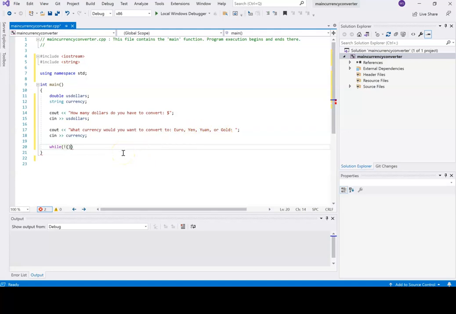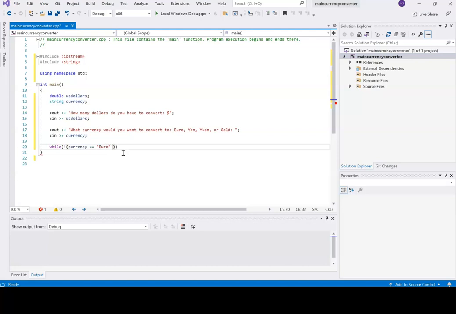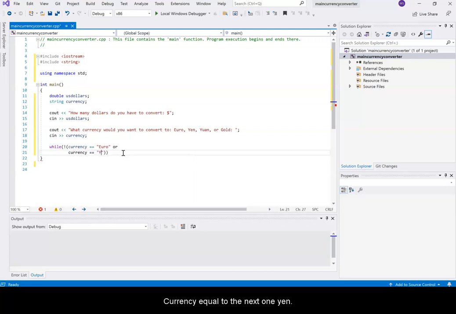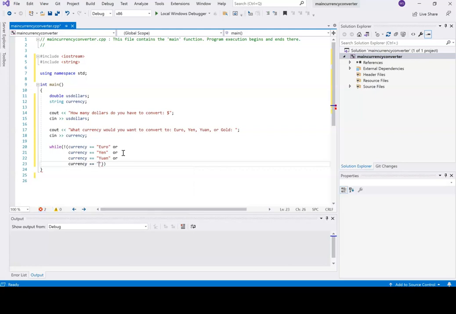While not currency equal to euro or currency equal to, what's the next one, yen, or currency equal to yuan or gold. So while it's not one of those,